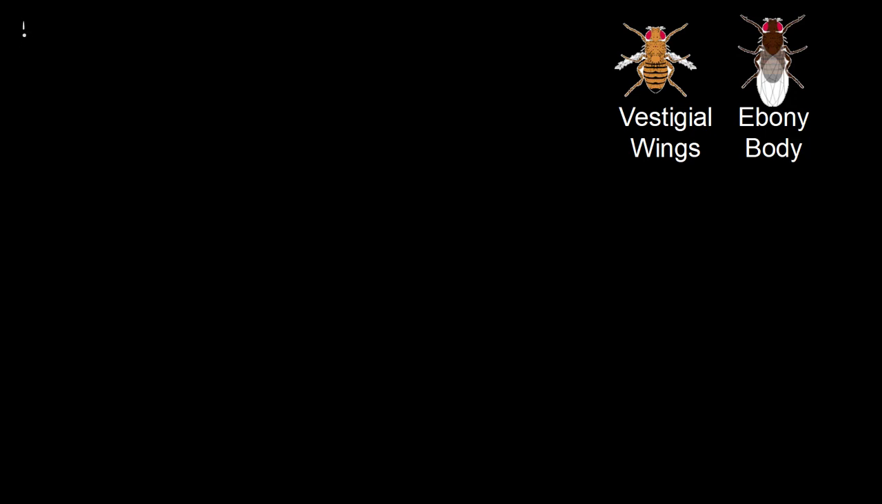Let's take a look at a dihybrid cross. Now, a dihybrid cross, unlike a monohybrid cross, which looks at one trait, looks at two traits. So let's have a look at vestigial wings, which I know is a recessive trait, and ebony body, which is